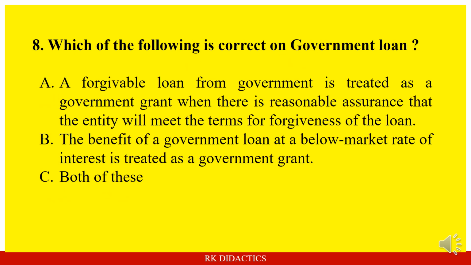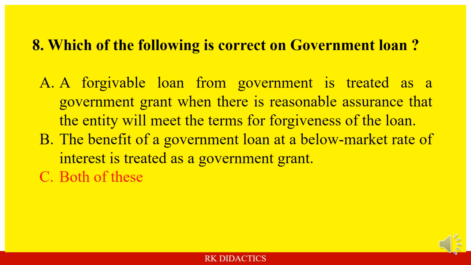Which of the following is correct on government loan? A forgivable loan from government is treated as a government grant when there is reasonable assurance that the entity will meet the terms of forgiveness of the loan. The benefit of a government loan at a below market rate of interest is treated as a government grant. Both of these. Answer is